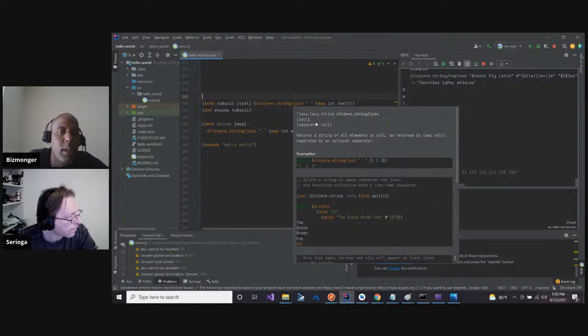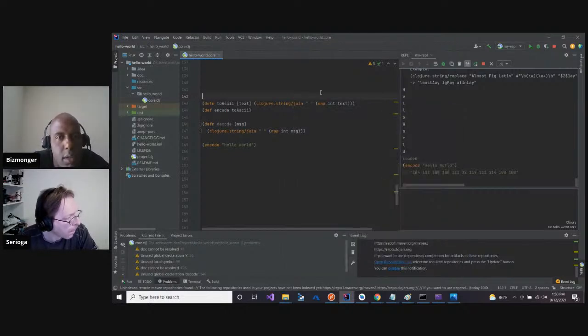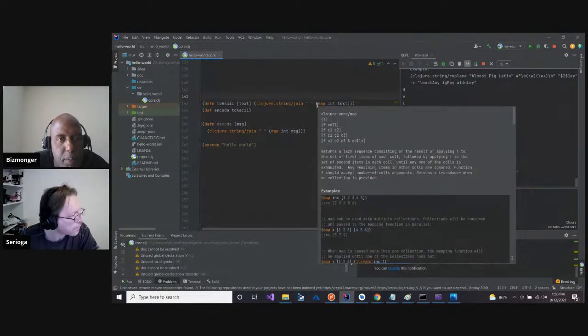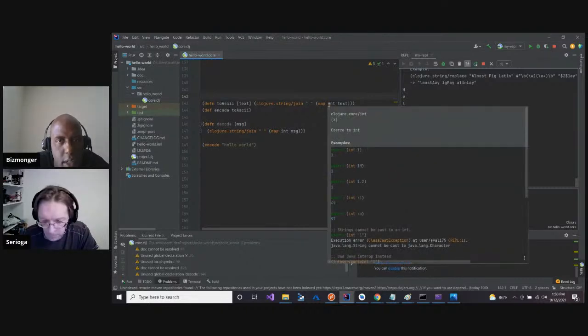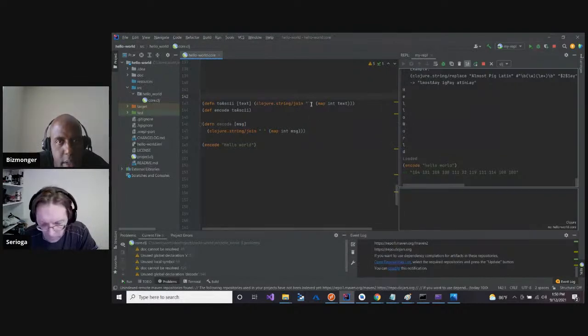All right, so this takes a collection, and for each item in the collection, it's just going to inject a space. Okay, and it's smart enough not to inject a space at the end. So all this is still encode. To decode, okay, so I guess